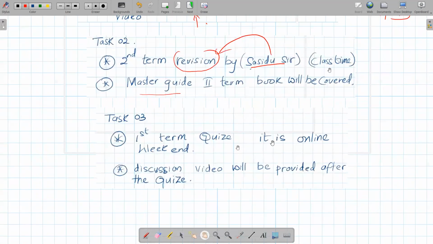How do we cover the first term? For the first term we will go through the quiz. For the quiz class, you can ask your friends to come also, not from our class. We will charge a small amount for the 3 months. I will put the amount in the group. Then outside students can participate in this quiz also.